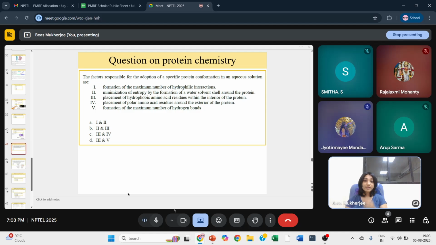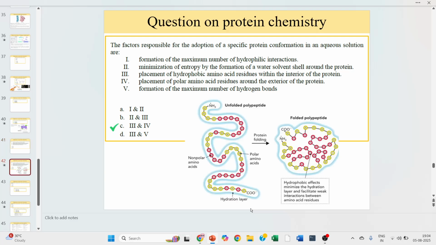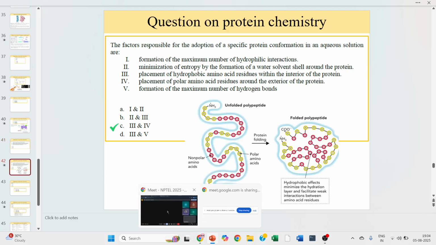So these are the kind of questions that you can expect in the exams. Some questions will be straightforward, but some questions will be like this. They'll be a little twisted, and the more you practice, the better idea you'll have. That is why it's very important that you practice the previous year's questions, for every exam. Previous year's questions are something that guide you as to how questions can be. Right. So, let's look at the right answer.